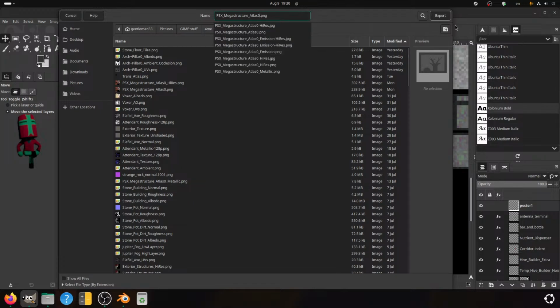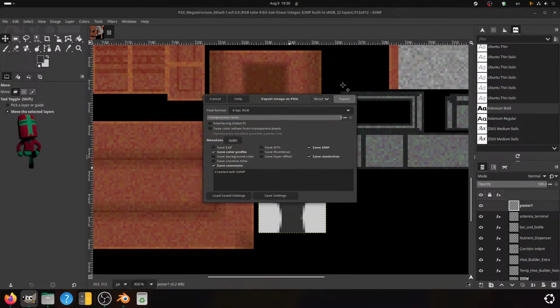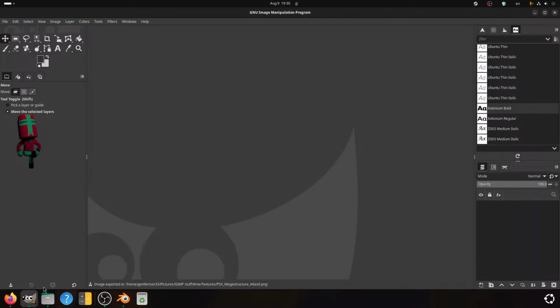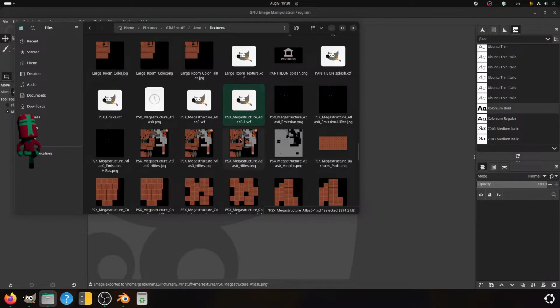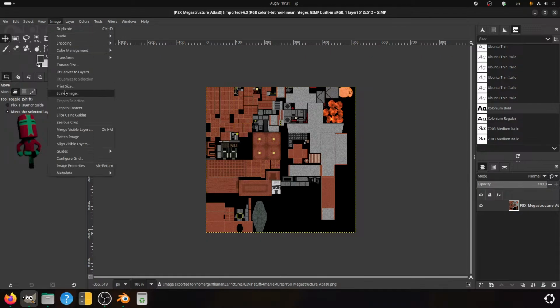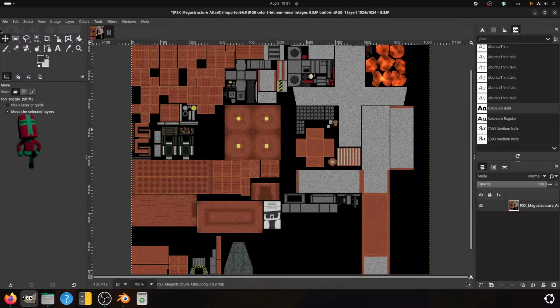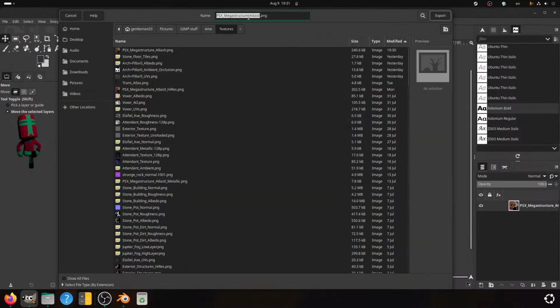Atlas 0. And scale you up to 1024. No interpolation. Export as high res.